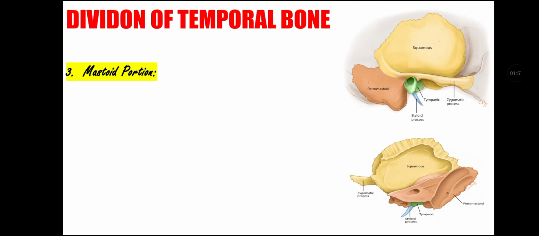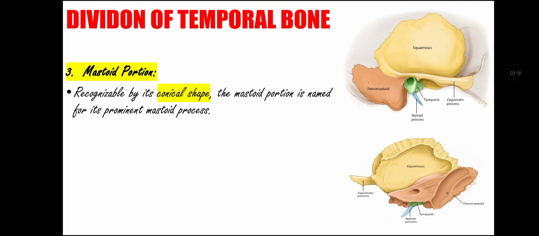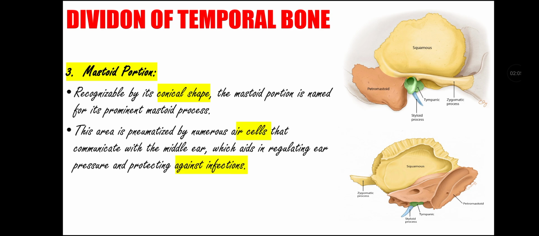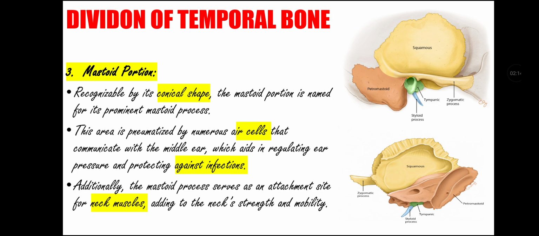Next portion is mastoid portion of temporal bone. It is recognizable by its conical shape. The mastoid portion is named for its prominent mastoid process. This area is pneumatized by numerous air cells that communicate with middle ear, which aids in regulating ear pressure and protecting against infection. Additionally, the mastoid process serves as an attachment site for neck muscle, adding to the neck strength